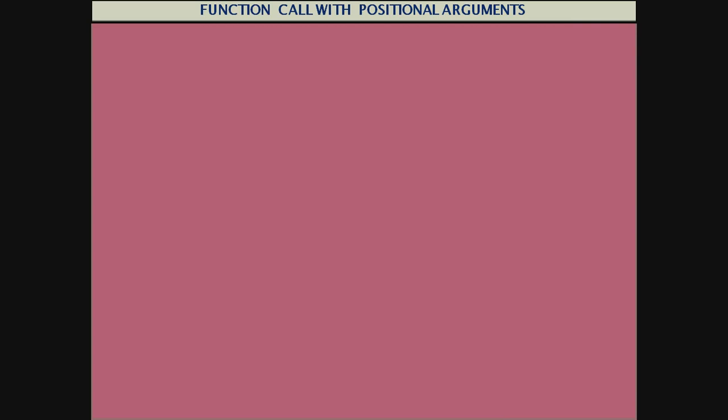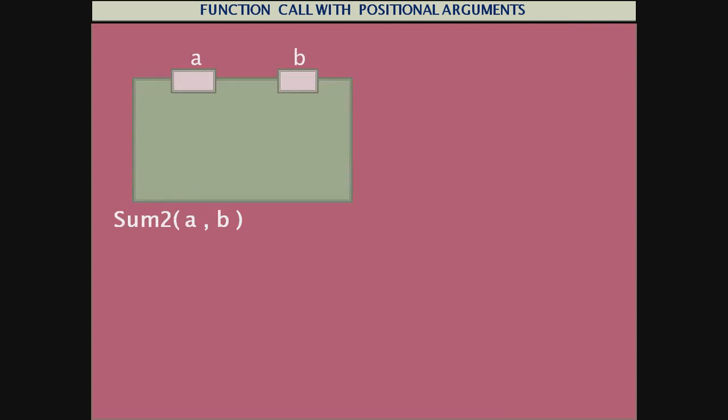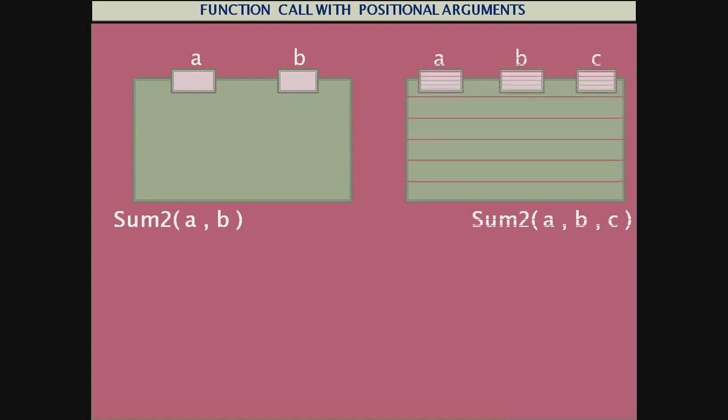You see, while the function gets executed, first of all, the program makes a function called sum2 a comma b, and then it makes a function called sum3 a comma b comma c. The functions have been made, but they have not been executed. Now let us see how we execute it. See, L is there, and suppose user has sent a value to L. Now M also gets a value from the user. Now N also gets a value from the user.